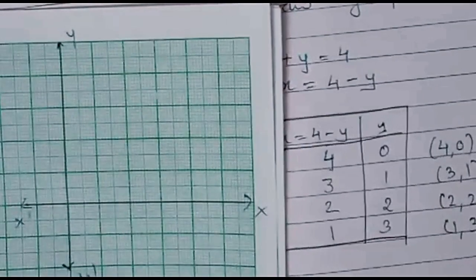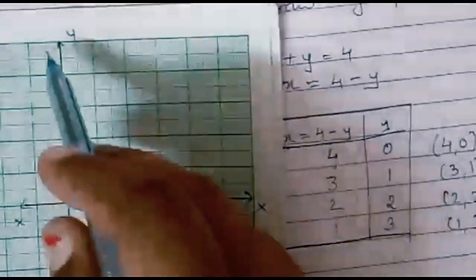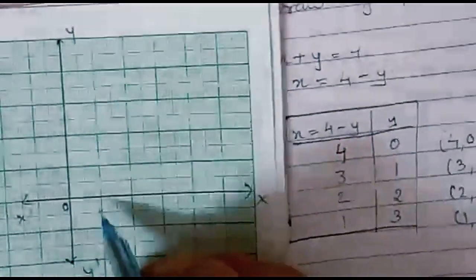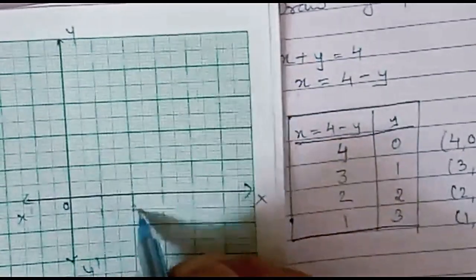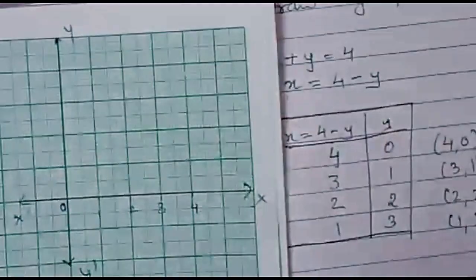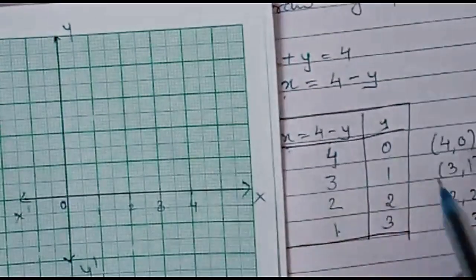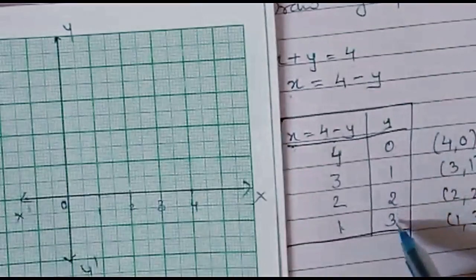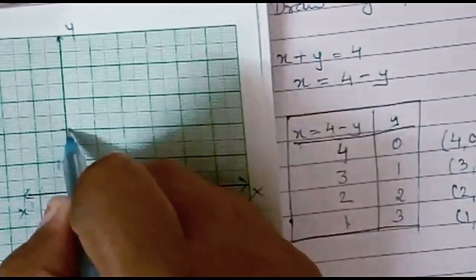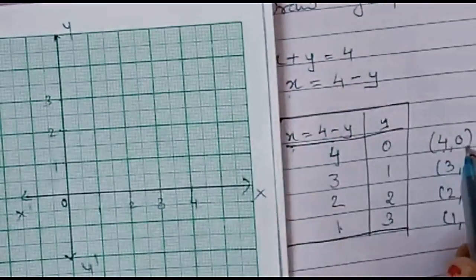So you can see now I have drawn horizontal x-axis, that is x dash, vertical is y-axis. Now this point is origin where they meet. Then we have 1, 2, 3 and 4. It depends on how many numbers you require. On x-axis I require from 1 to 4, so I have written just up to 4. On y-axis you require just 0 to 3. So if you want, you can write up to 4, 5, otherwise I'll write only up to 3. 1, 2 and 3. The first point is 4, 0.